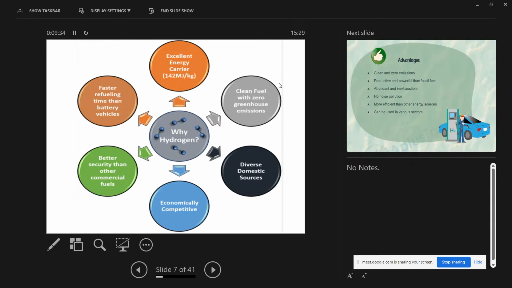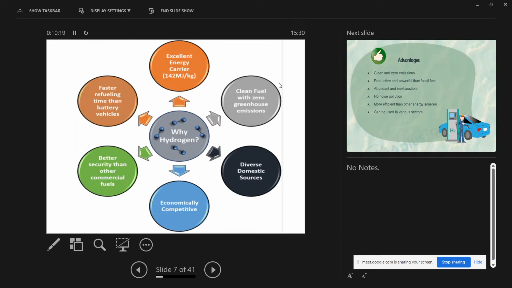Yes, sir. Okay, fine. So the second thing is, it is a cleaner fuel than the rest of the fuels that we are talking about. In renewable energy sources, we are talking about, for example, green fuels or geothermal. We are talking about wind energy. We are talking about fossil fuels. But most of those fuels have emissions, which create environmental hazards. But this is considered to be one of the cleanest fuels, with zero emissions.